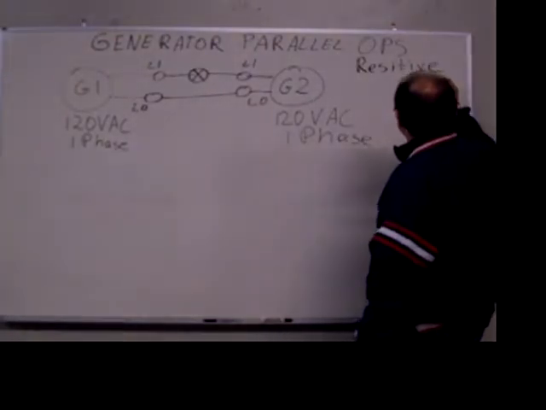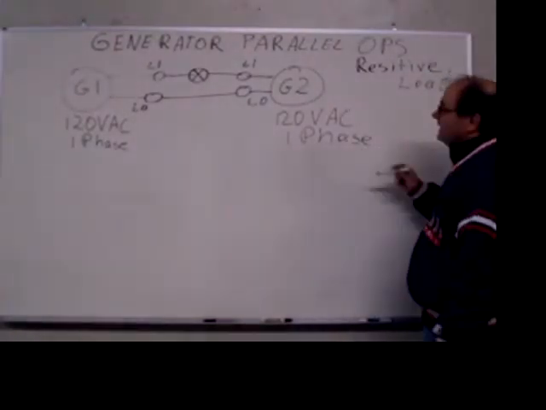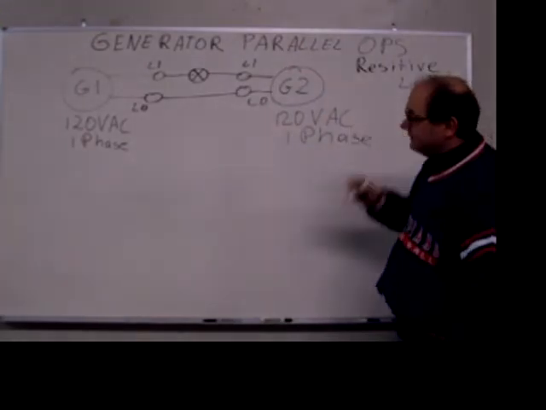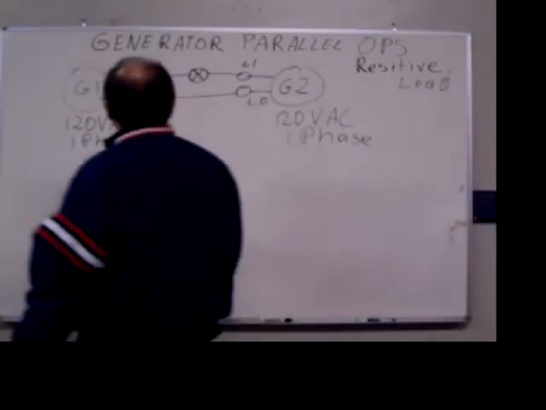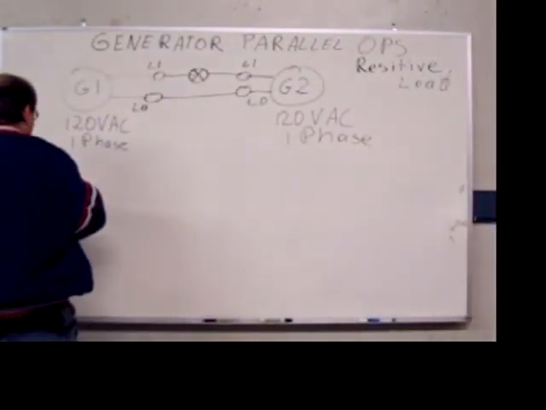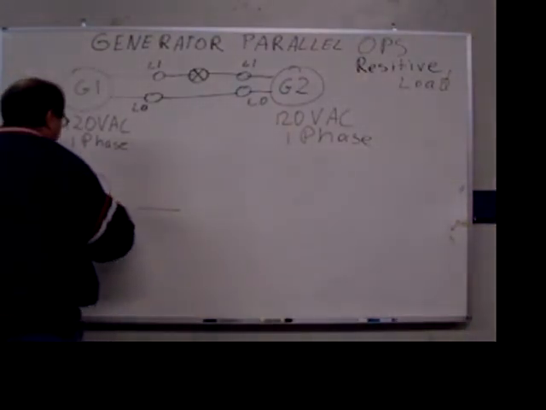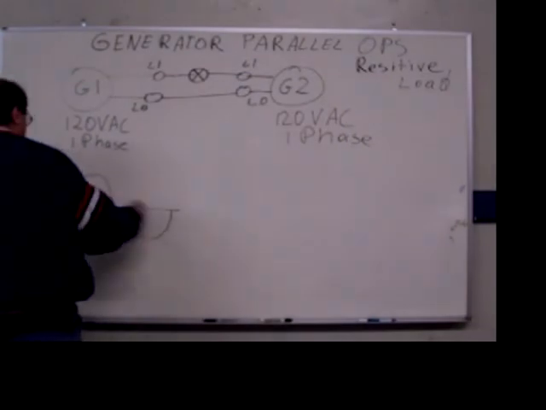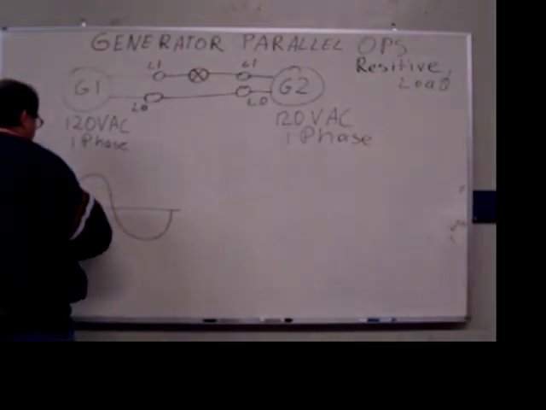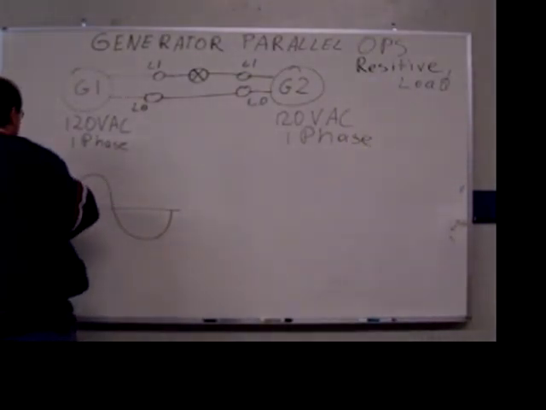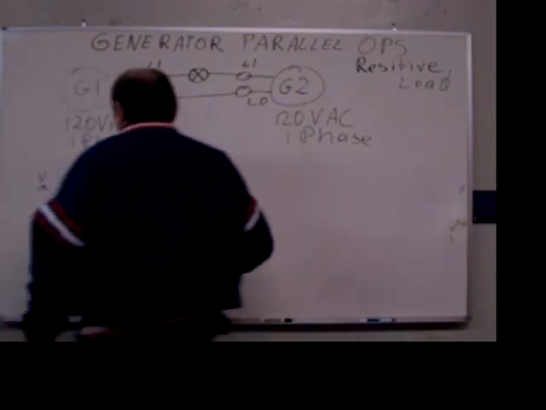Resistive load. When the units are basically off, you have a sine wave coming out here. It looks like this over T. This is the time T going in this direction, and this is your voltage going up in value. You see this